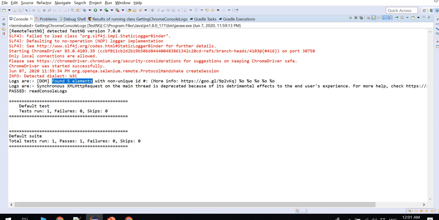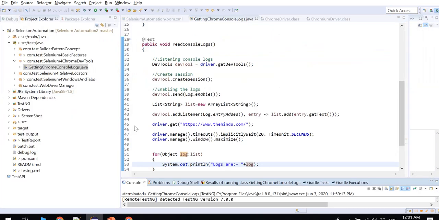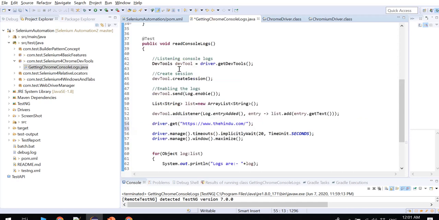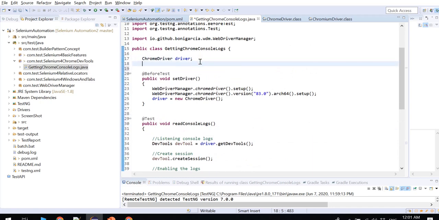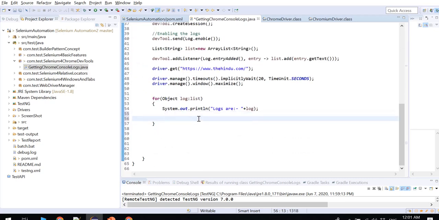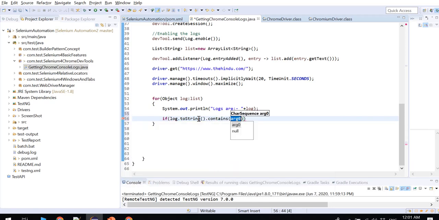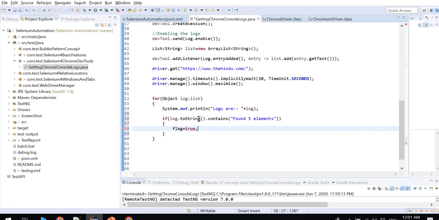If you see here, we can create one flag variable, boolean flag equal to false, and if log.toString().contains, we can give something, then we mark flag equal to true.